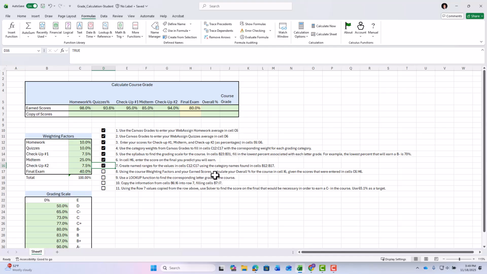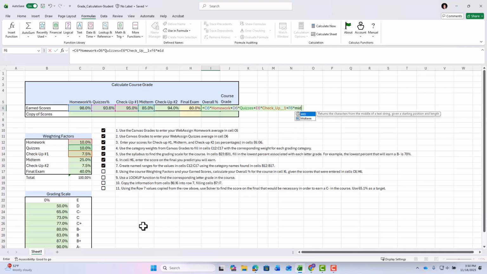Use the course weighting factors and your earned score to calculate your overall grade percent. That would be homework times the homework percent, 10%, plus your quiz average times the quiz percent, plus checkup number 1 times your checkup number 1 percent, plus midterm times your midterm percent,